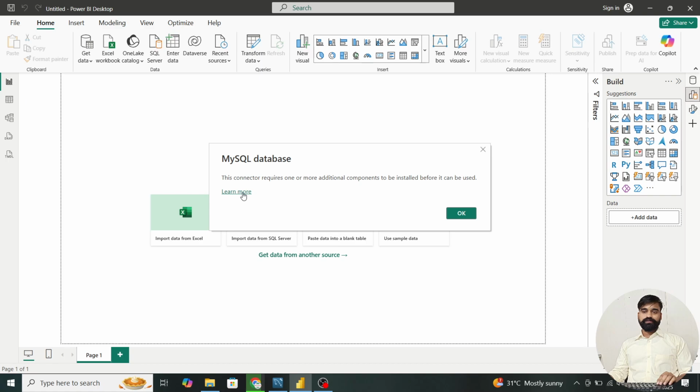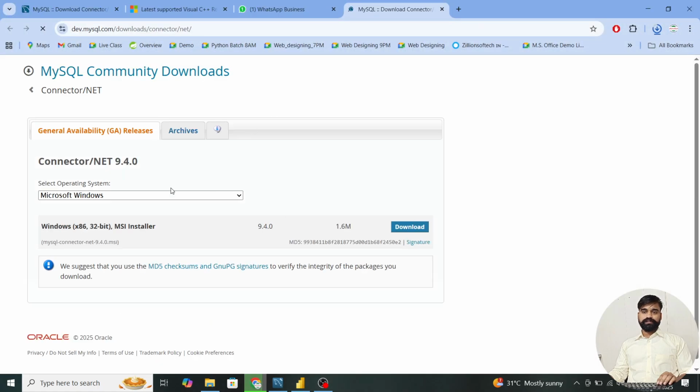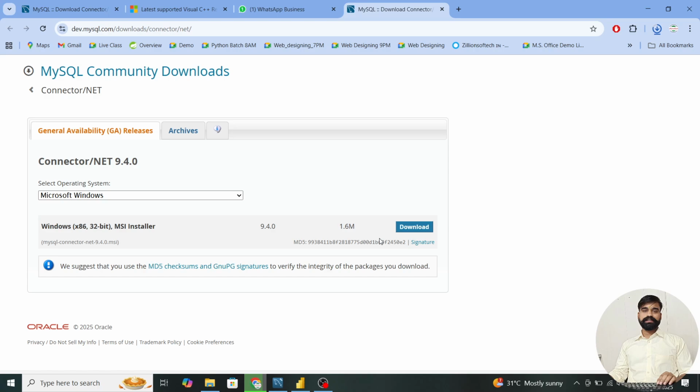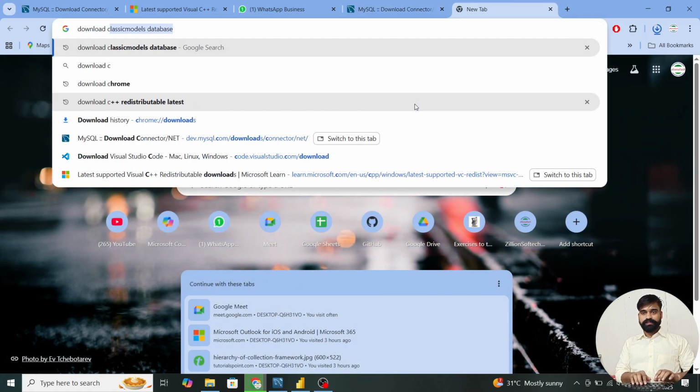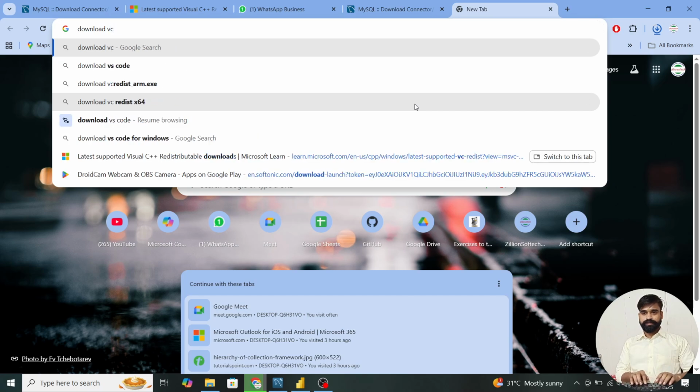When I click on this, it redirects us to this website. So this is the actual solution that we have available. But when you download and install this, you will not get the solution. To understand this, we don't need to download only this. We also have to download some other thing, that is, we have to come over here and download C++, we can say VC++